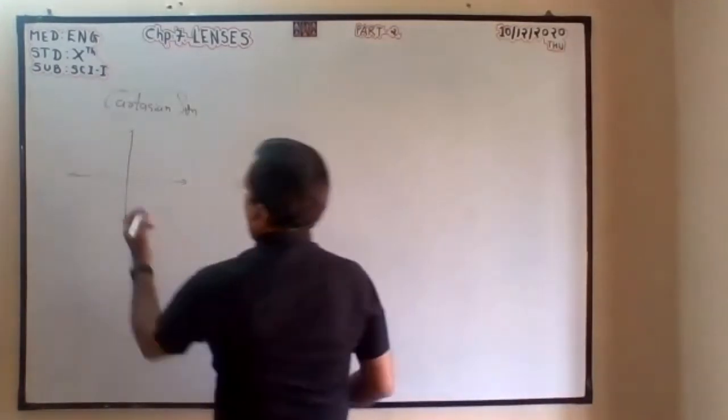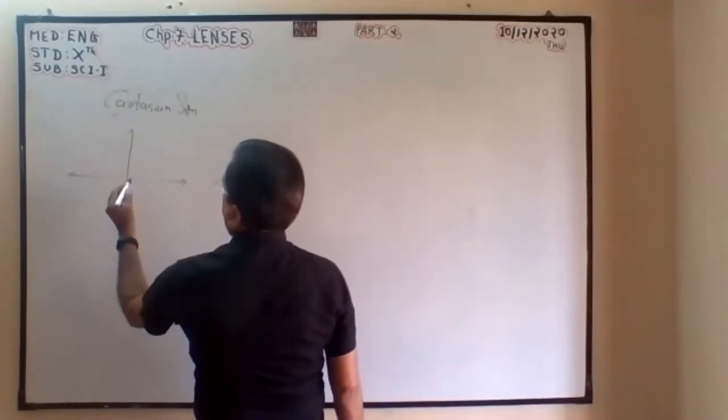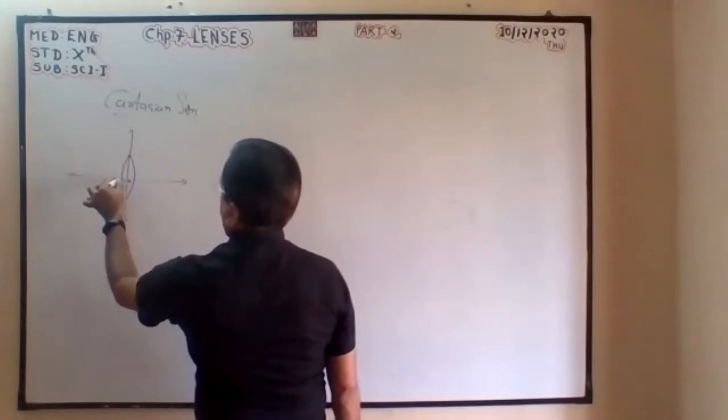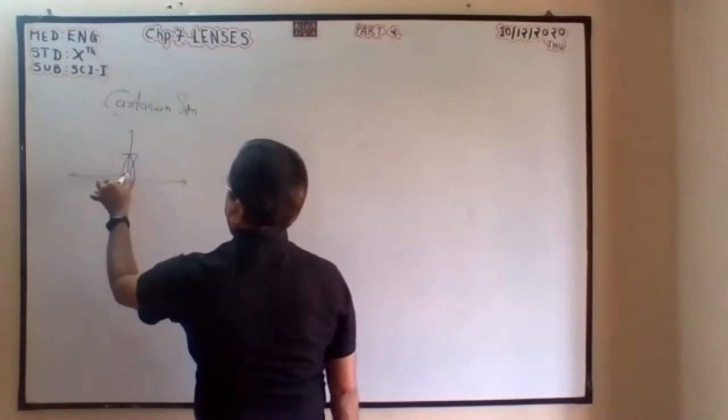So it is O, the optical point for us. If it is a convex lens, O will be the same. If it is a concave lens,